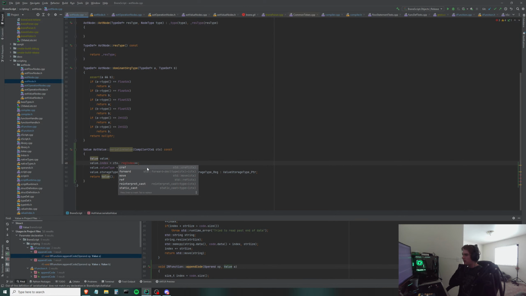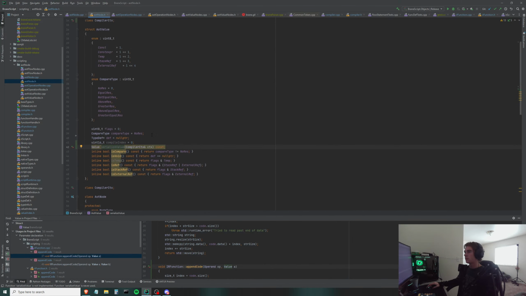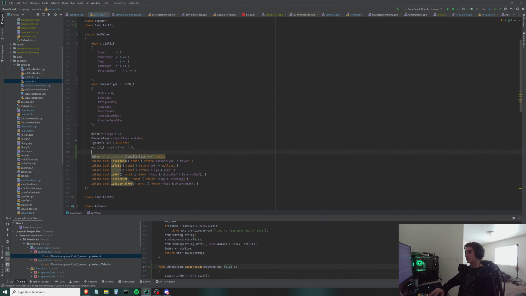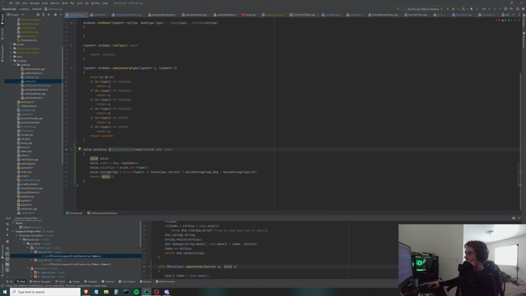And then we only ever get the index, so we can actually call it a value index now since the data type itself is no longer called that. Just gonna set it to max, and then